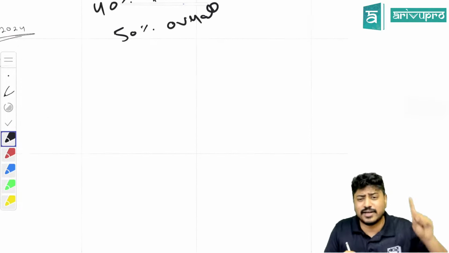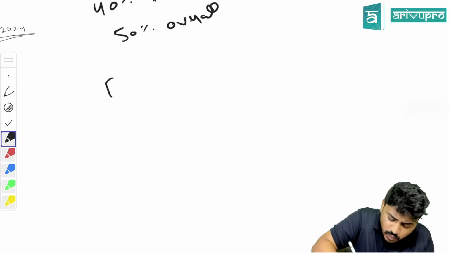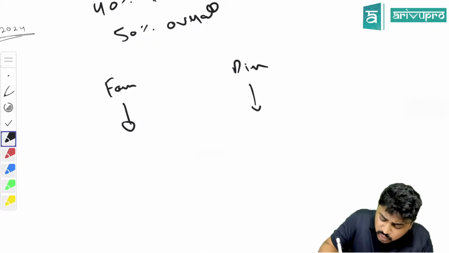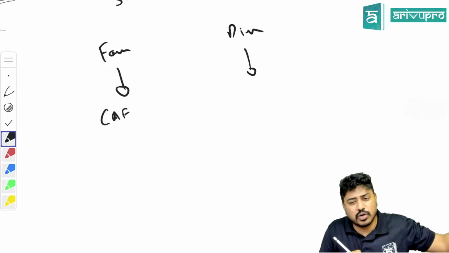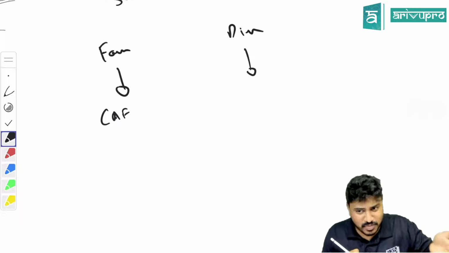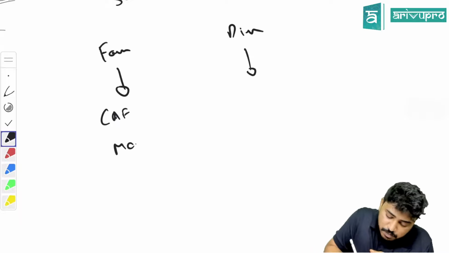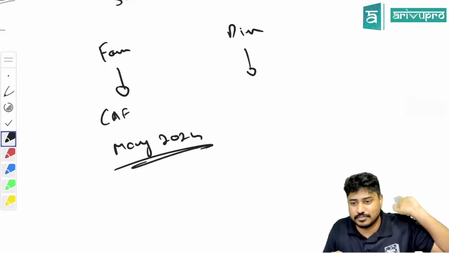What is the eligibility criteria? Sir, I have cleared CA foundation and coming. There is the foundation route and the direct entry route. Correct? Now, if I come through the foundation route, you have to clear CA foundation. What is the exam you will be clearing right now? You are waiting for the results of July. This May, right now I wrote, right? So you are eligible for the next May 2024 exam. CA Inter, you are eligible.